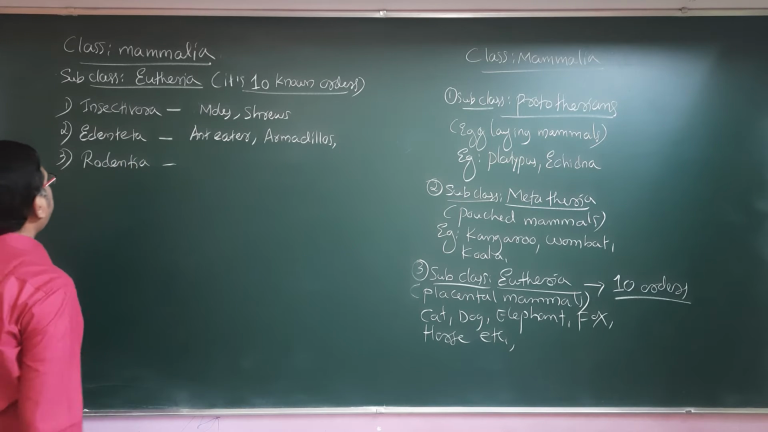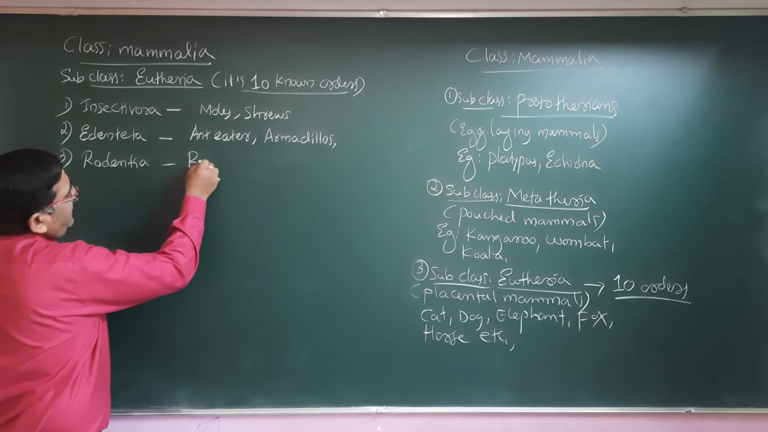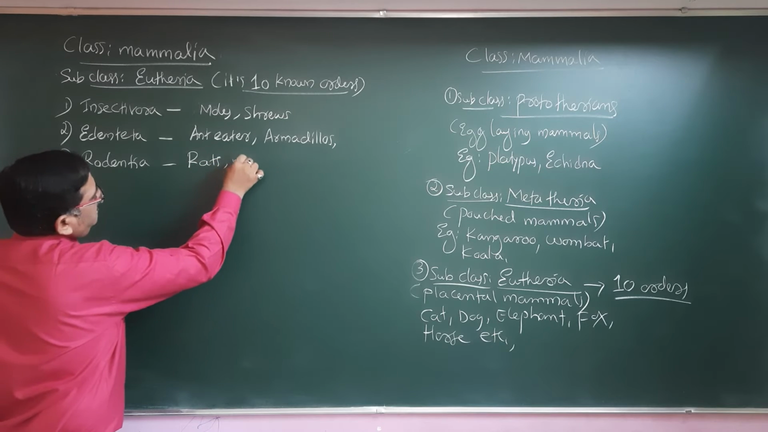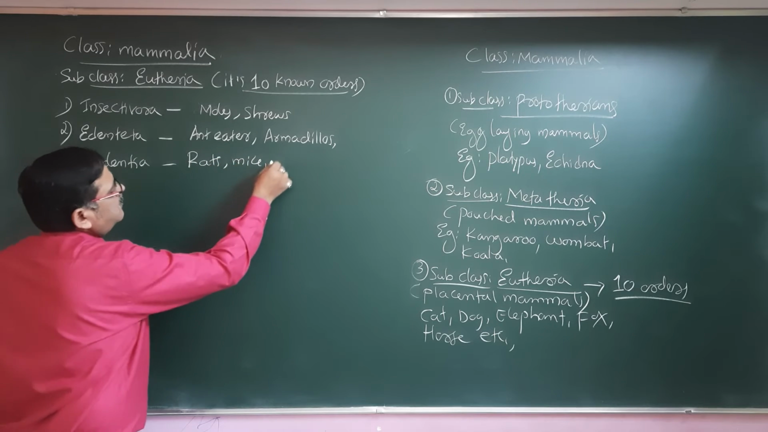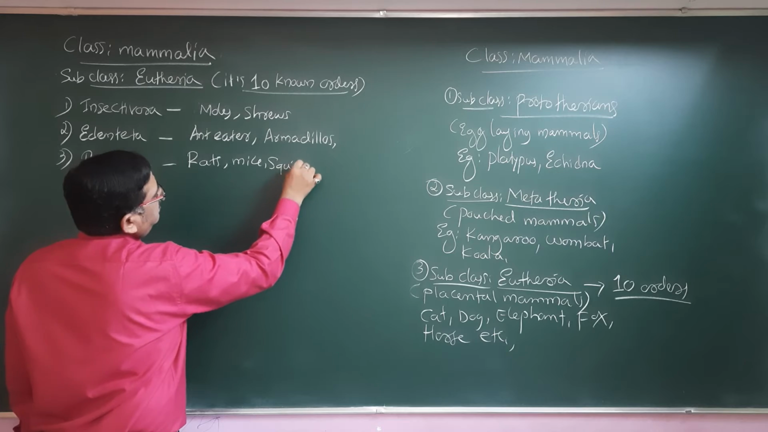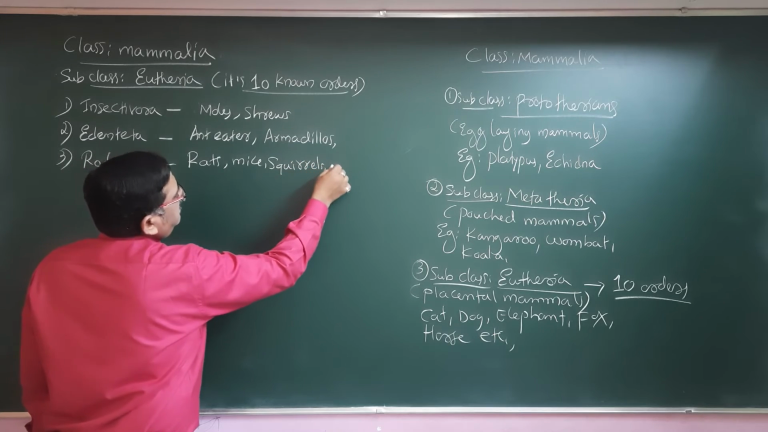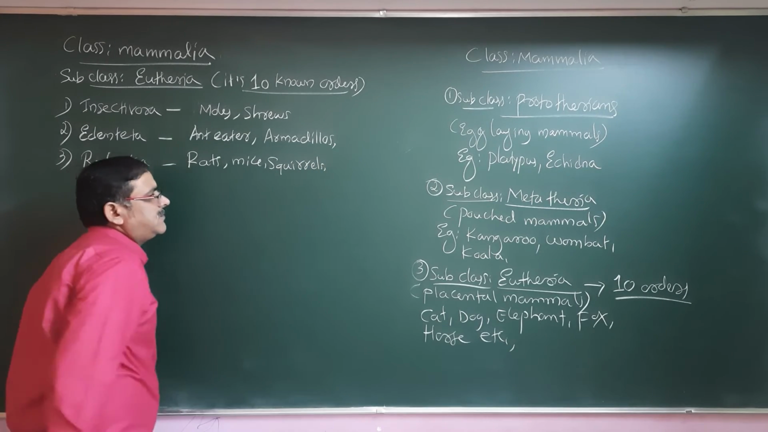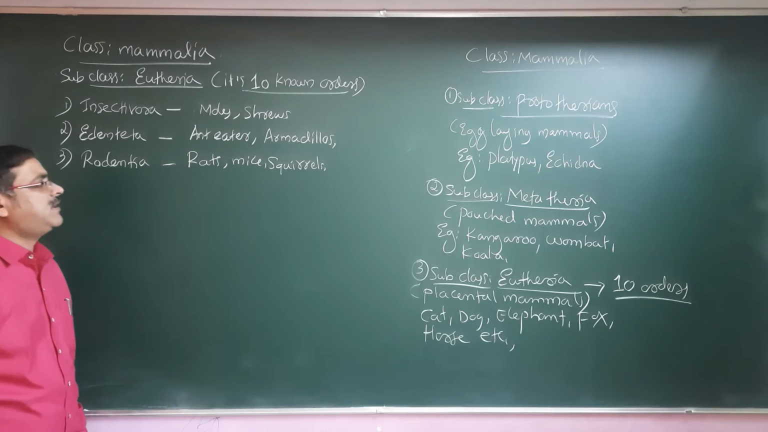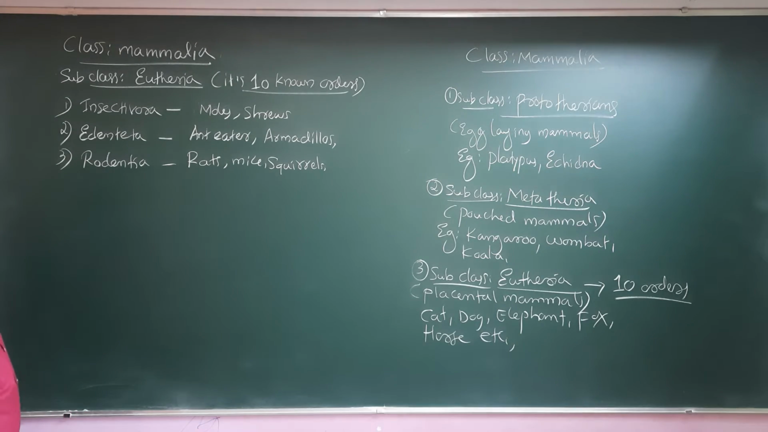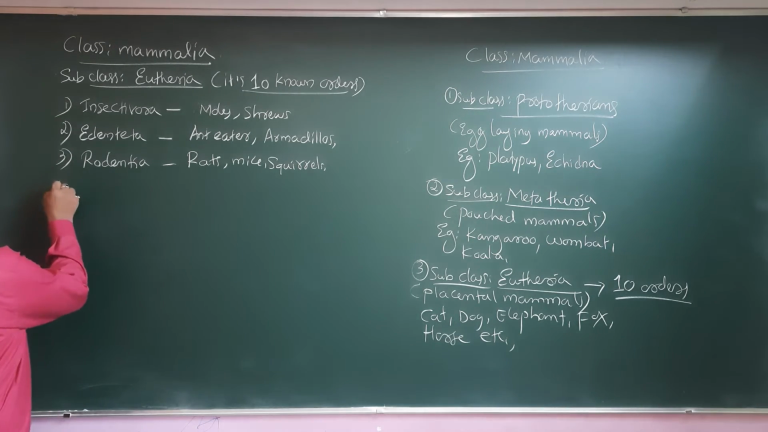Rodentia: this order consists of rats, mice, squirrels, and even rabbits, which we can say are a kind of rodent too. So, number 4,